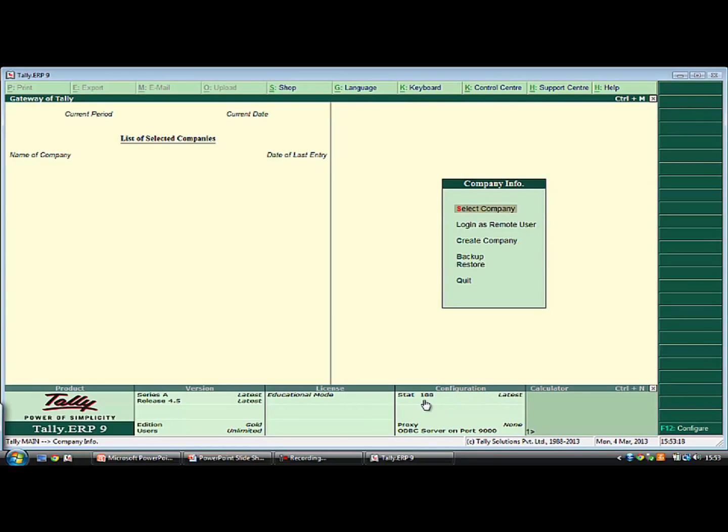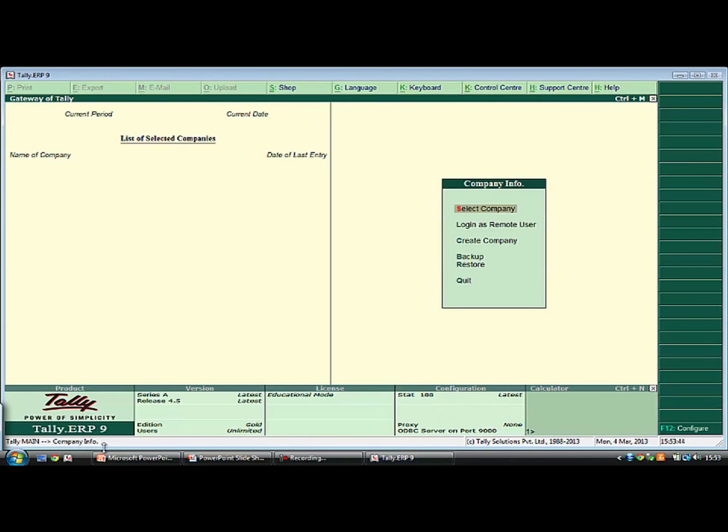The stat file is mainly used for your statutory purpose. So any amendments done by the central or the state government, like VAT, TDS, service tax, etc., the changes will be done in the stat file and will be released to the market. So you can download the latest file to get the latest changes as per the notifications given by the government.